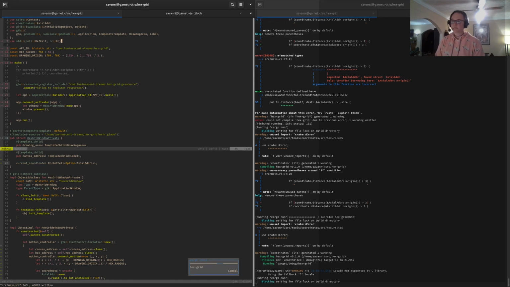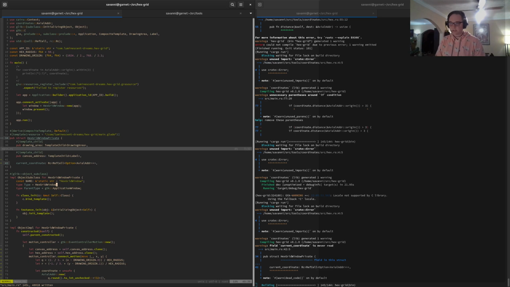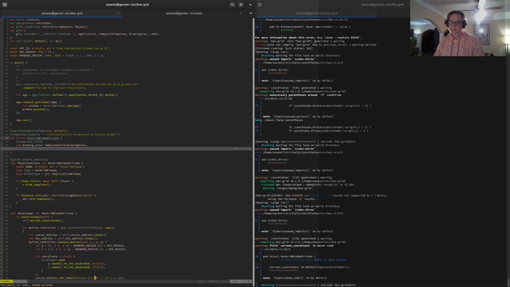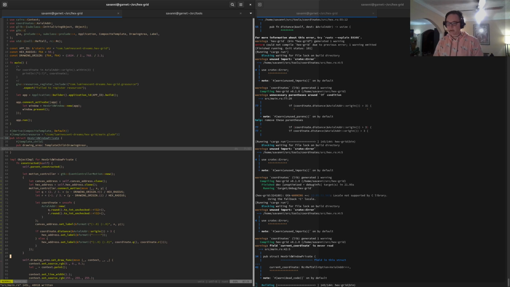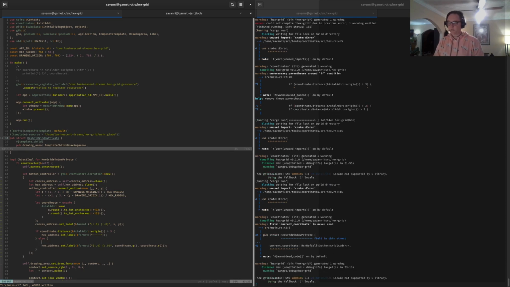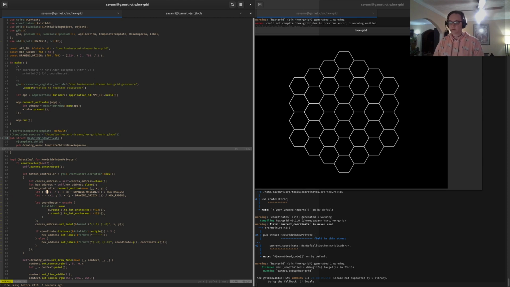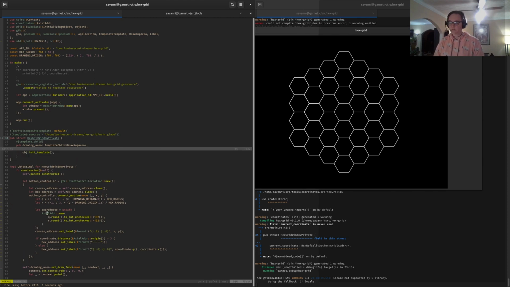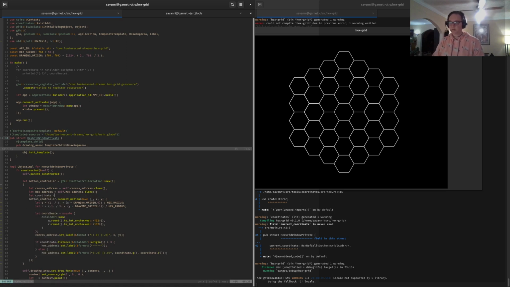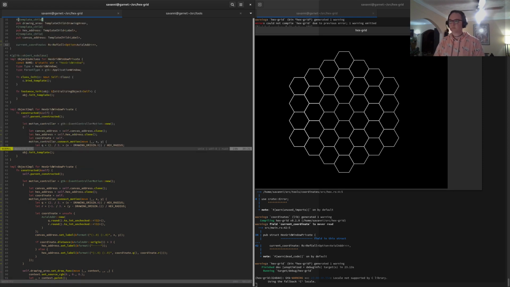So save that. I do expect compiler errors down here with my data structures, because I'm not initializing this. So we'll see what happens. But right down here, I want to... Oh, it didn't fail. Okay, interesting. Let's see here. I want to let coordinate equal self dot, forgot what I named it, current coordinate dot clone, and then we're going to move that in, and in here, right here,